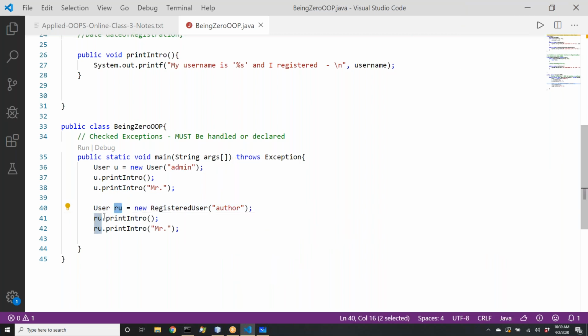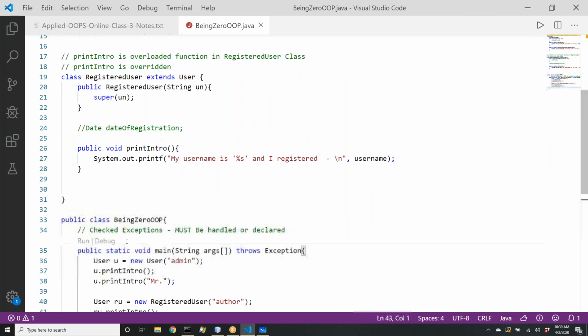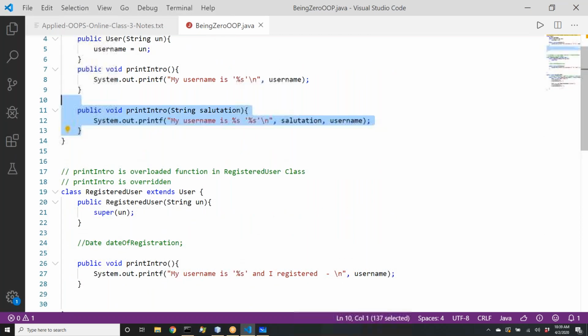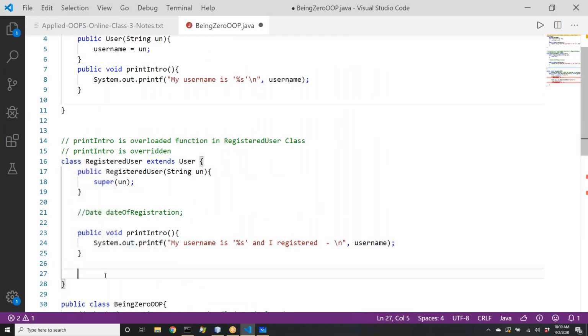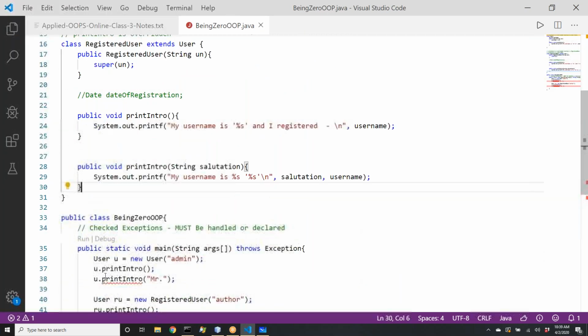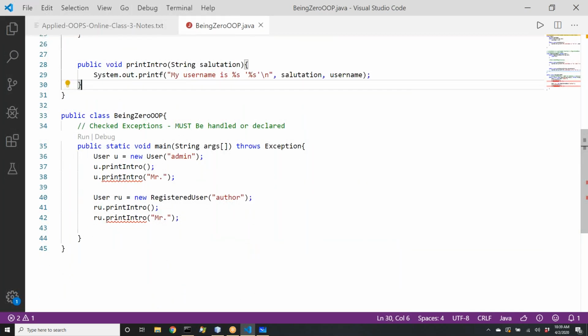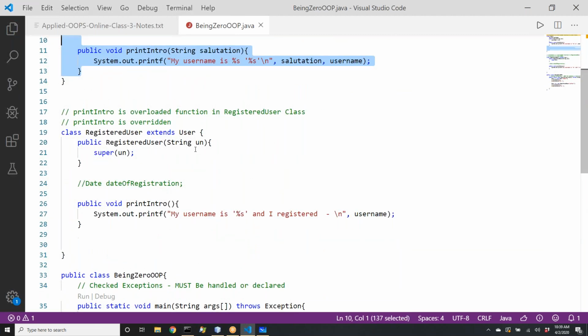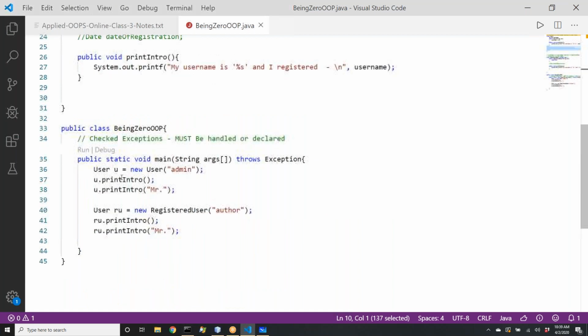But when you create RU, you can call only those functions which are there in the superclass also. If this function was not there in the superclass, if it was there in the subclass, then you could not call that function, because that is not there in the superclass, right? So let me put it back. Right now we are overriding. Now the question is, this is also a user, this is also a user. When we print intro, now let me call it,